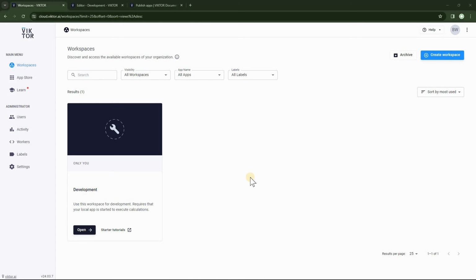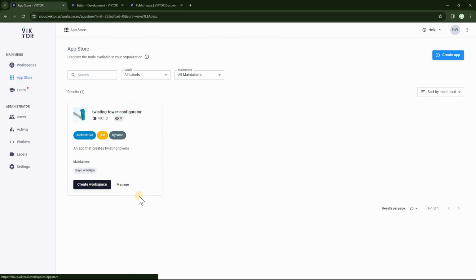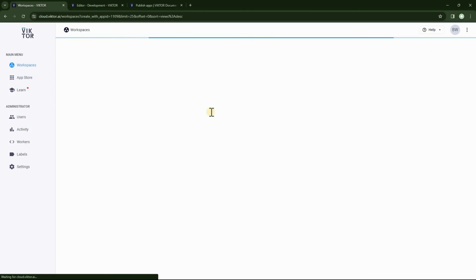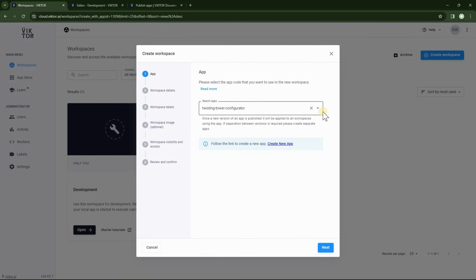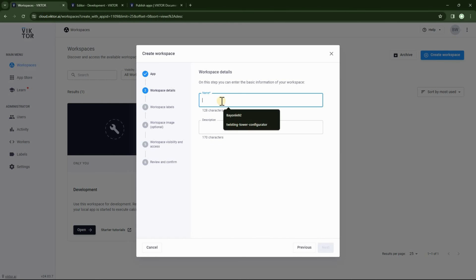In your VIKTOR workspace, head to App Store, and now you can see our published app over here. Okay, so on the app, click Create Workspace, and we search for the apps we have available, and we click on this one, Twisting Tower Configurator, and hit Next. And I'm just going to call this Twisting